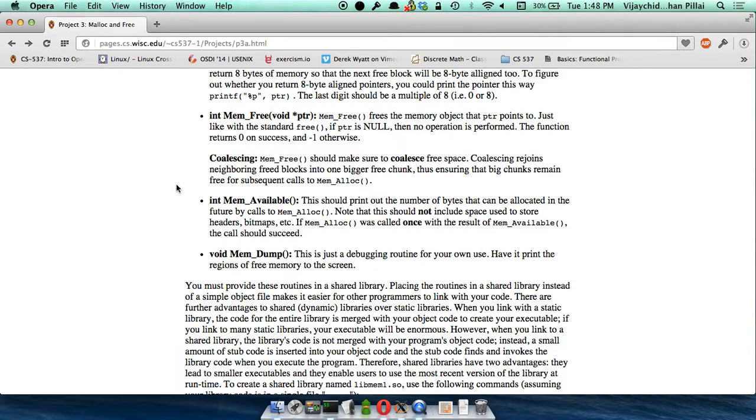No. You can only call meminit. We will only call meminit once, and you should never call meminit in any of your other code, or mmap or sbrk. Good catch.